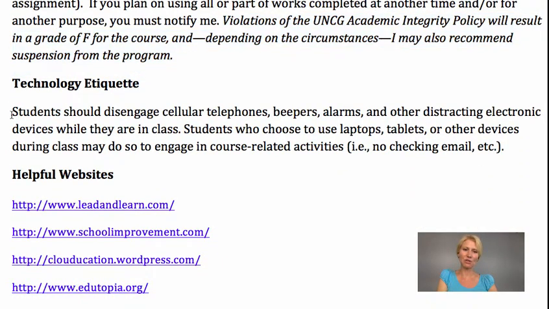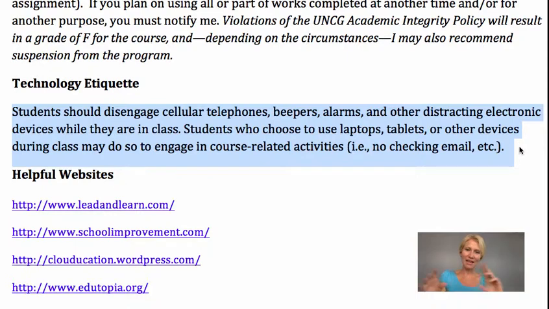During class, please make sure that you disengage from any technology that you are not using for the specific purposes of this class. I think a lot of times in our culture, we cultivate this idea of multitasking. That's really not good for your brain, and research shows that your brain can't really multitask. Instead, it's shifting very quickly from one task to another, and that keeps the brain from ever really thinking deeply about any individual thing, and it also keeps the brain from really synthesizing things carefully. So let's be kind to our brains and respectful to each other and follow this technology etiquette.